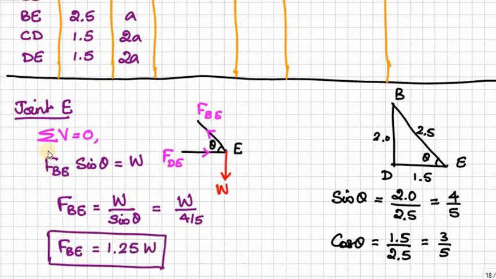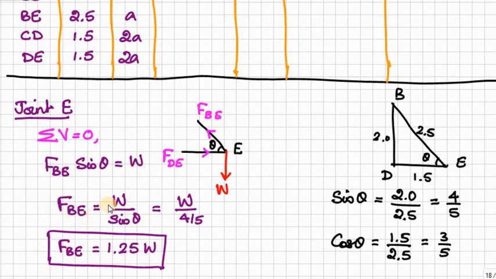Therefore, considering sigma V is equal to 0, resolve all the forces in the vertical direction. Here we have one vertical force W as well as one inclined force which will have the vertical component. The force DE will not have any vertical component, therefore that is not involved in this expression. Therefore FB into sin theta, that is the vertical component of this force FB, is acting in upward direction, but W is acting in downward direction, therefore we are equating both.